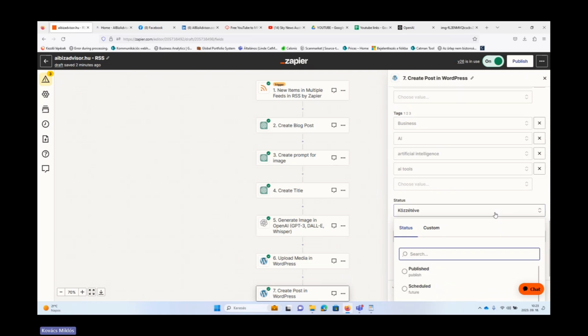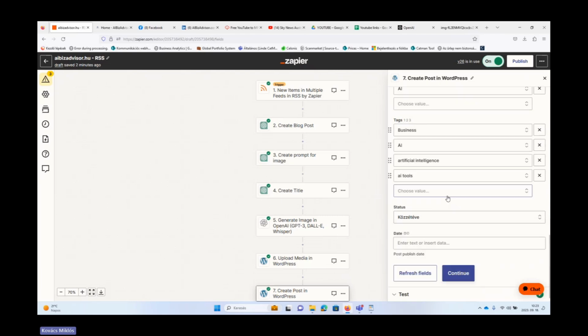If you want to have a fully automated process, then you're gonna choose published, and then the tool will always publish the new blog post. If you want to be on the safe side and first check it, then you're gonna choose the draft status. So then your new blog post will be just saved for you, and then you can check it, adjust it according to your needs and desire, and then publish it manually.